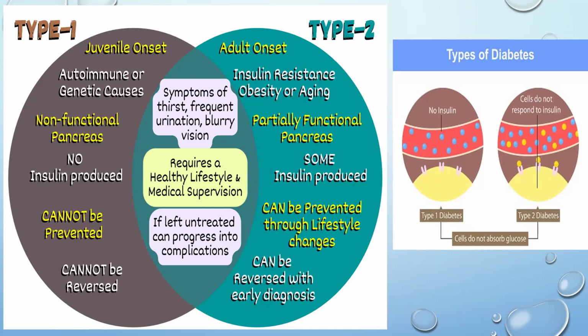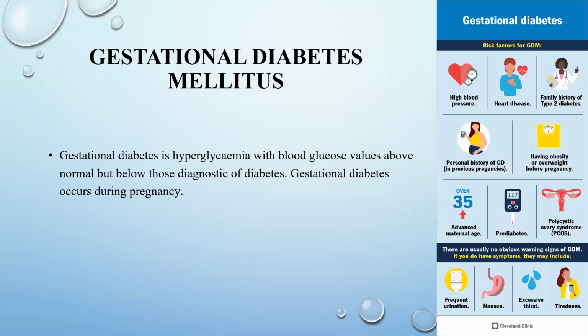So in this part of the figure on the right side, you can see that in type 1 diabetes mellitus, there is no insulin present in the blood. While in type 2 diabetes mellitus, the insulin is present in the blood, but the cell receptors become resistant. So insulin is unable to bind to the receptors and it cannot move into the cell. So basically, cells are resistant to the use of insulin.